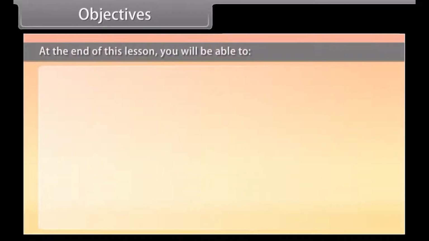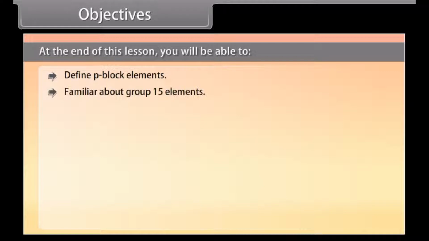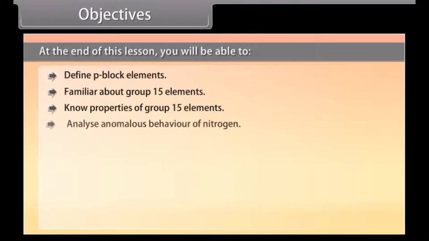Objectives. At the end of this lesson, you will be able to define P block elements, become familiar with group 15 elements, know properties of group 15 elements, analyze anomalous behavior of nitrogen,